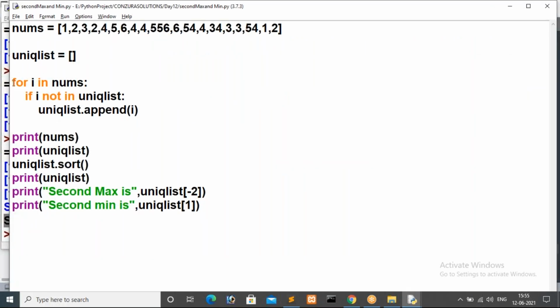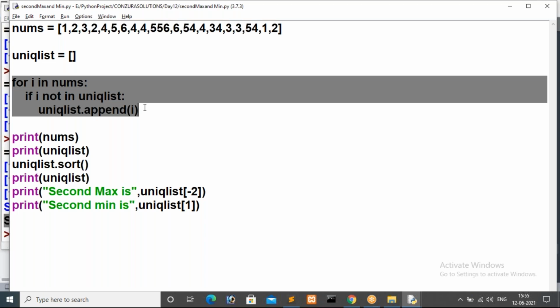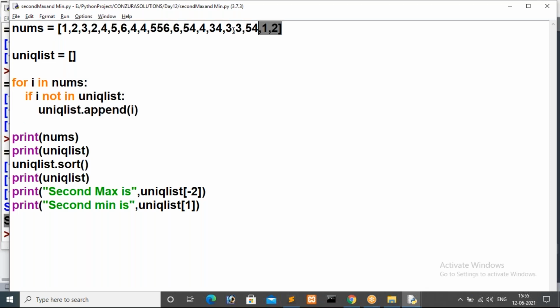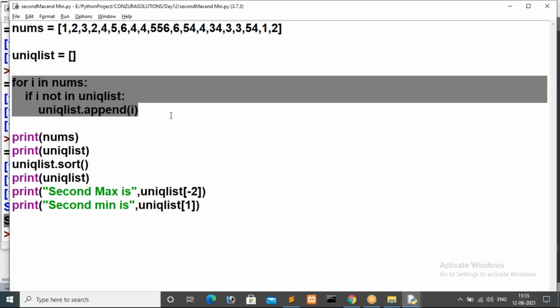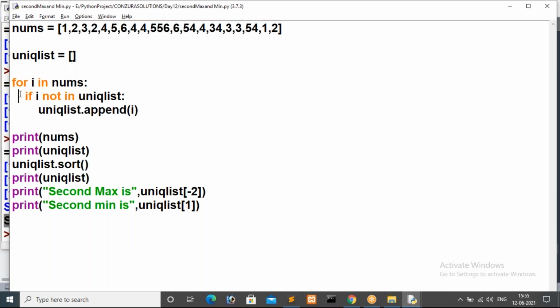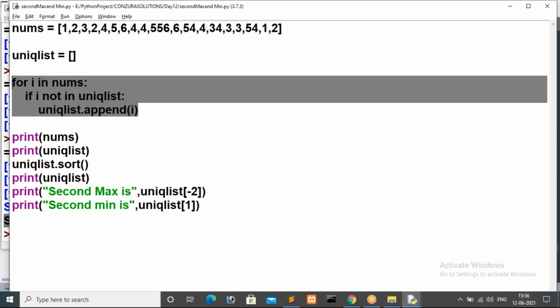So for getting second max, second minimum, third max, third minimum, you have to go with this sorting technique, and you have to find the unique list. This is the basic procedure. Not only in Python, in other programming languages also you have to get the unique list first from the original list. Here I'm not disturbing the original list, I'm keeping it as it is, but getting unique values using this iteration. In this iteration I write a condition: is that value existing in the empty list or not? If it does not exist, then only you append. If it exists, you ignore. You have to follow these procedures, guys.